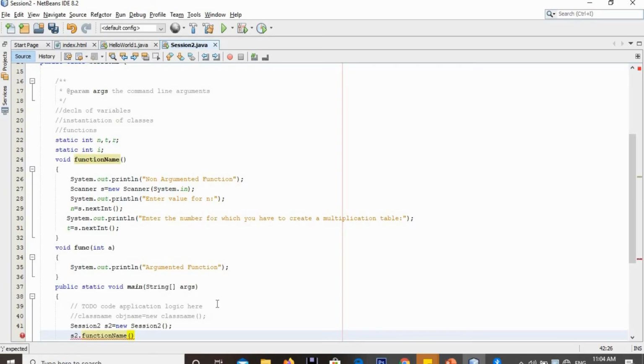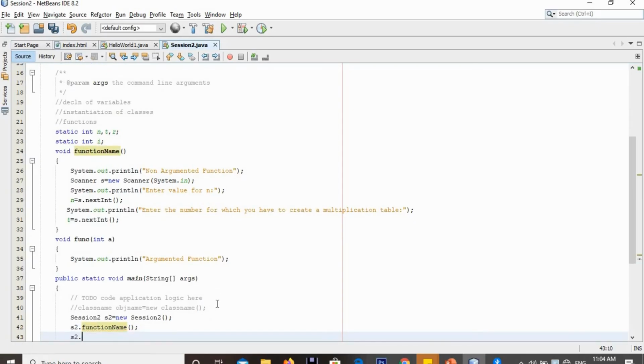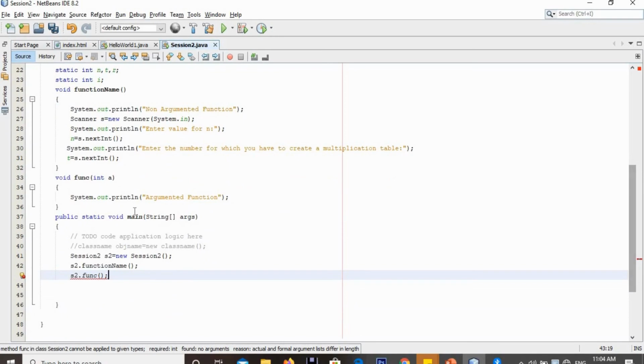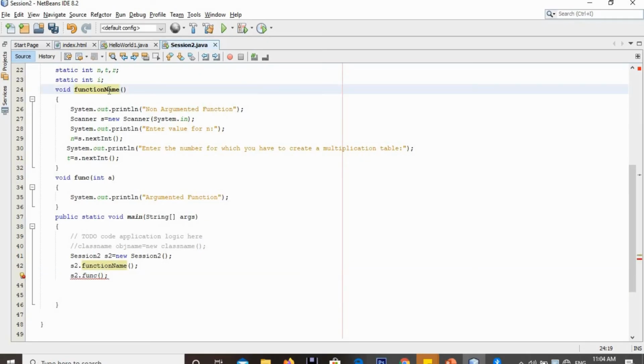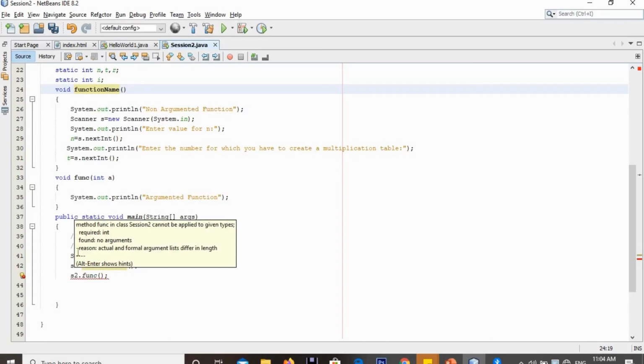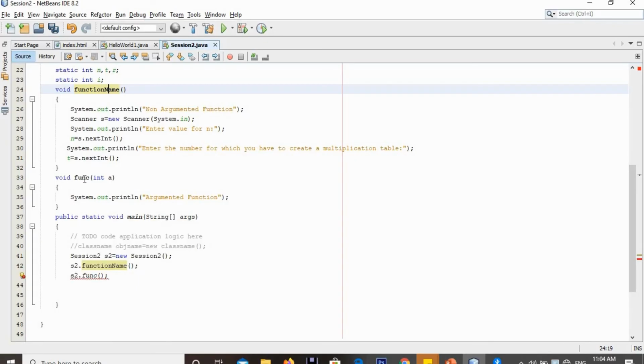One is a non-argumented function, another one is an argumented function. While creating or calling your functions, your prototype should match. First we have called the function name of, which is a non-argumented function, so no issues with that line. In the second line we have called the function func of int a.